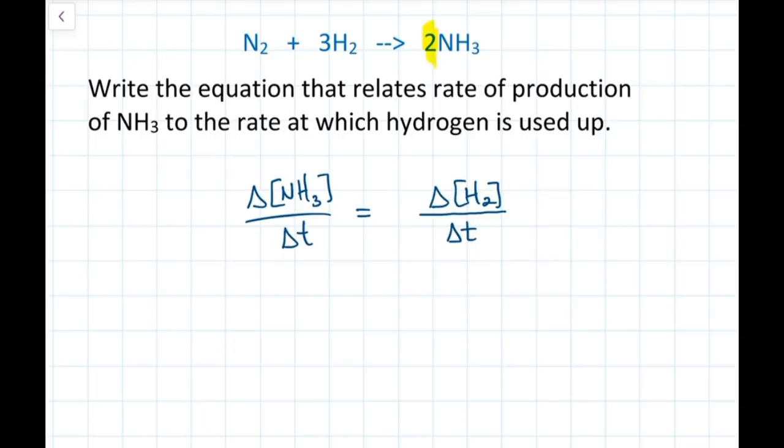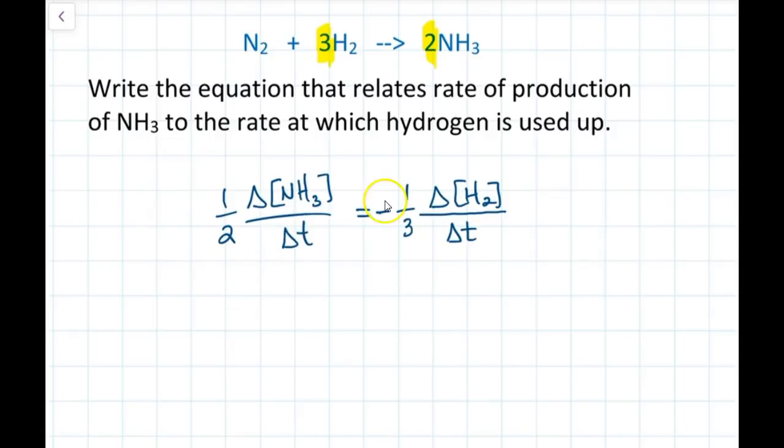So we have a 2 in front of NH3 and a 3 in front of H2. Now, I know that the NH3 is being produced, so it's going to be a positive change, and the H2 is being used up, so it's going to be a negative change. And what I can do is just basically make my coefficients into fractions here and say that multiply this guy by 1/3, multiply this guy by 1/2, and then also say that this one's going to be the negative of a negative so that it ends up being positive,